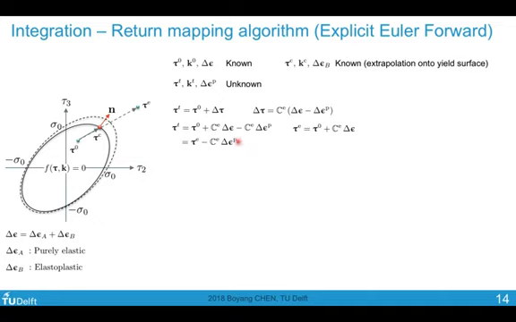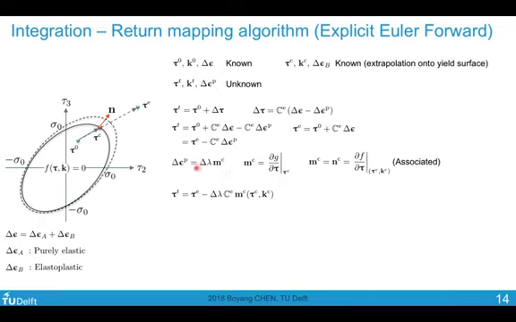We can use a rate form which relates epsilon p dot with lambda dot and the direction of the plastic multiplier m, here written in incremental form. Note that m is evaluated at c. So m in general is a function of g, g is a function of tau, and we evaluate this derivative at tau c. And for our associated flow rule, m_c equals n_c, which is basically the gradient of f evaluated at tau c, k_c. Then we obtain our m_c.